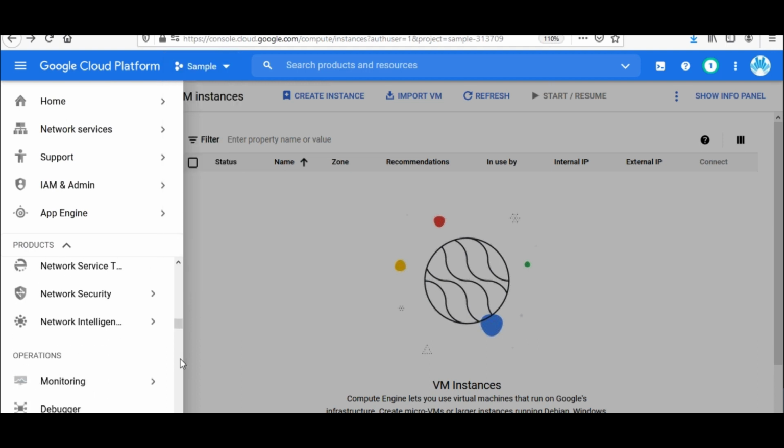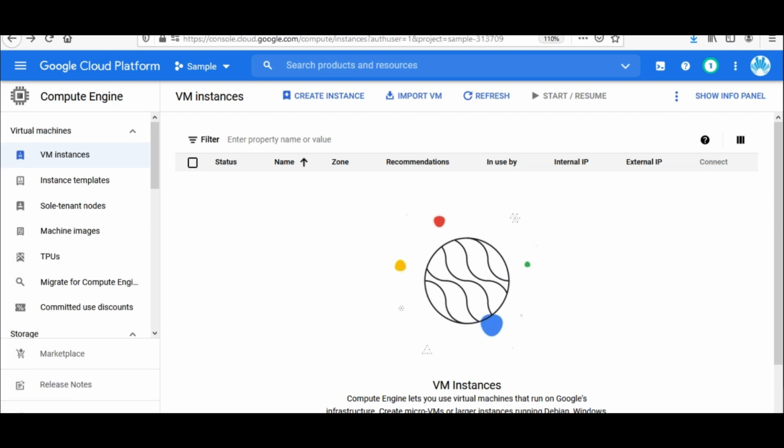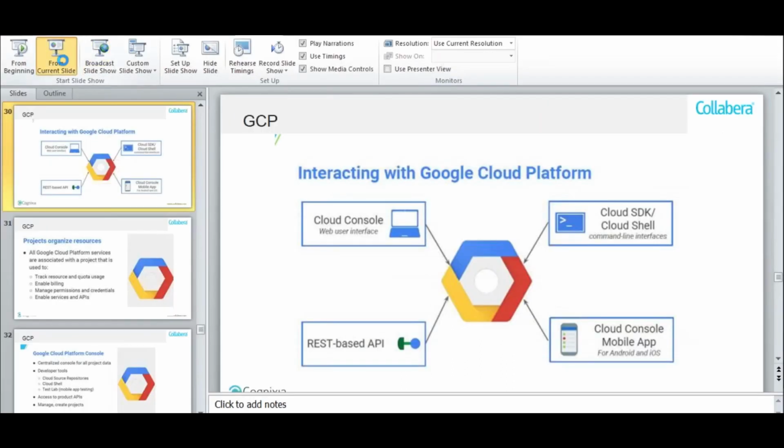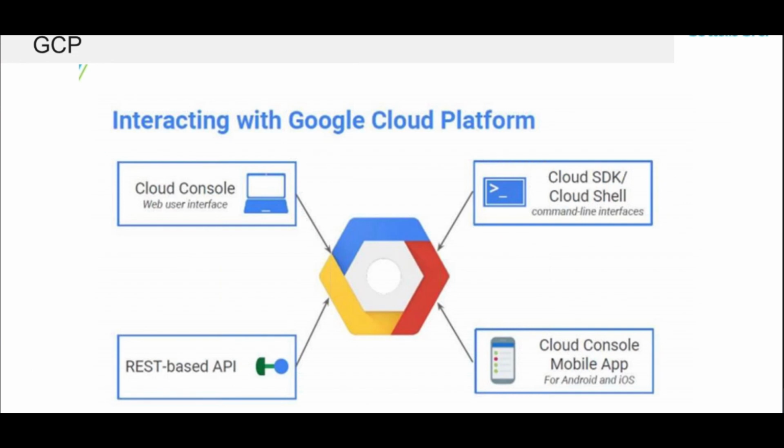So you just have to select a service and start using it. All these in detail we will be discussing in a real-time course. So that is one way to access the cloud platform and the most widely used. The console is the first step in terms of accessing the cloud.